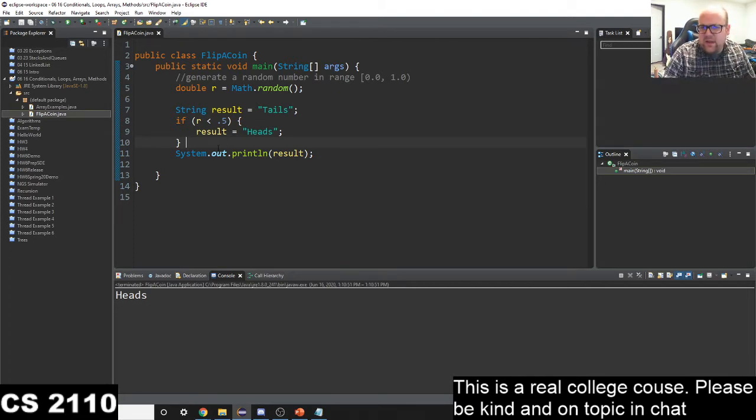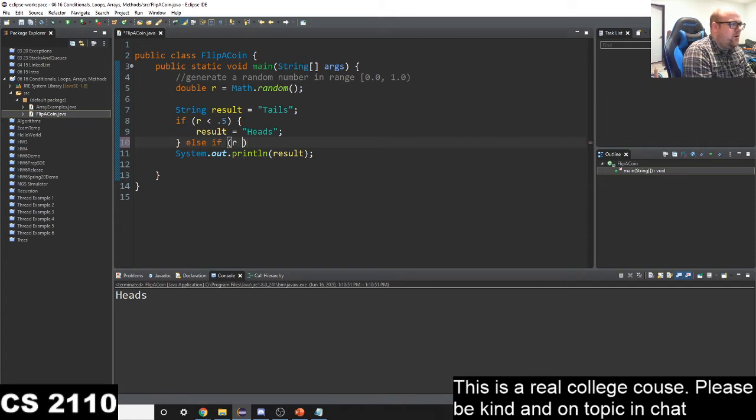How could we simulate that? Well, as I said, getting the number exactly 0.0 is rare. Astronomically rare. It's just as rare to get any other number, so it would be just as rare to get exactly 0.5. So, we could do something like